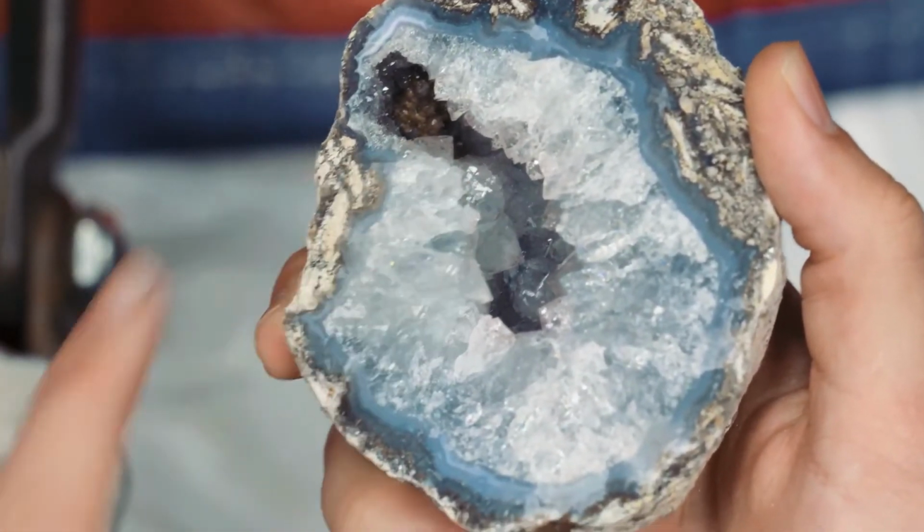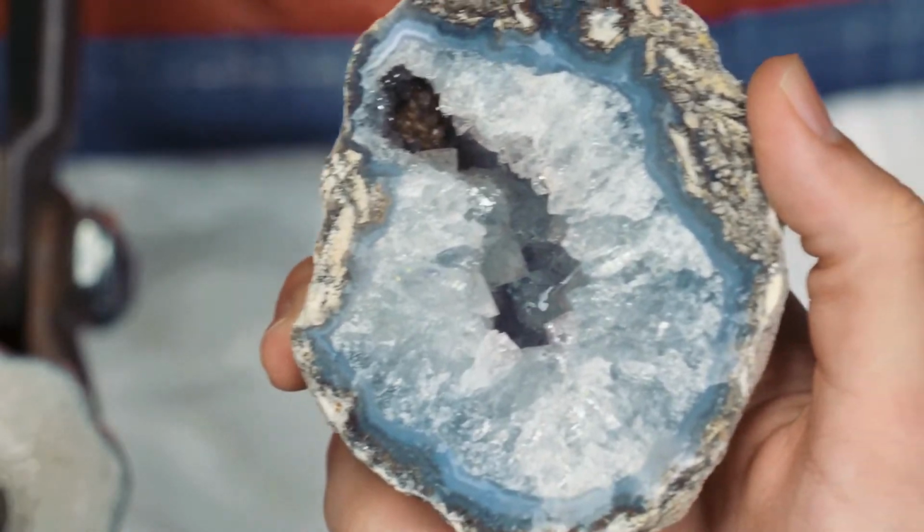I have to agree, I'm pretty jazzed about that. That's really nice, large crystals. What's really cool on this one, I don't know if...